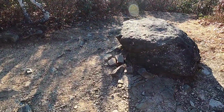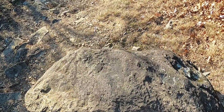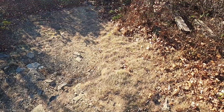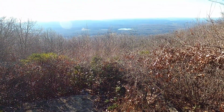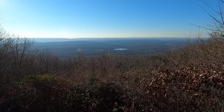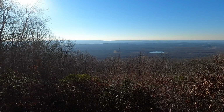All right, so as we turn onto the South Trail, it's going to run east and west here on the south side of the summit. Got this rock here. And check it out. Oh, you know, I love my overlooks. This is amazing. Looking south towards the